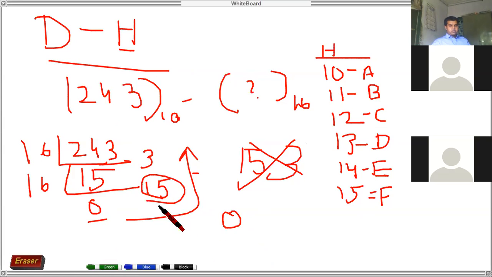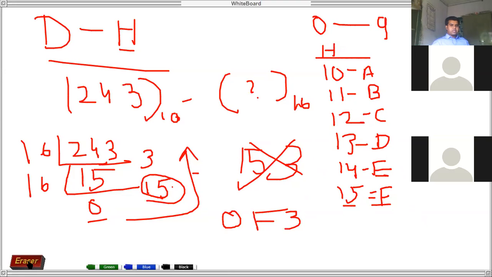Now going from bottom to up, the next number is 15. Now in the hexadecimal number system, there is no number 15. So you have to see what is equivalent to 15, that is F. So you will write F in the place of 15. And 3 will be as it is, 3. Because in the hexa number system, first your number system is from 0 to 9. And after 9, if it is 10, you will write A, 11 becomes B, 12 becomes C, 13 becomes D, 14 becomes E, 15 becomes F.